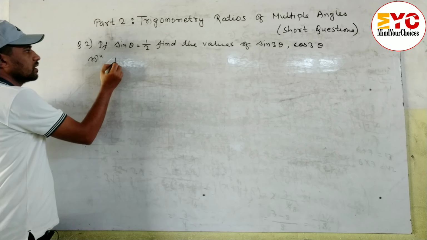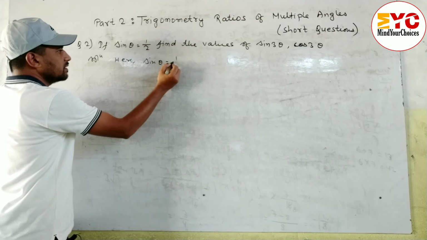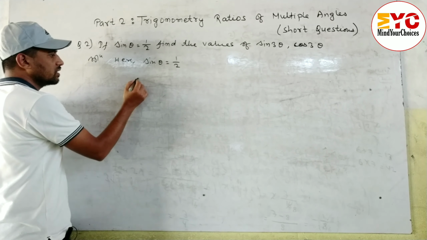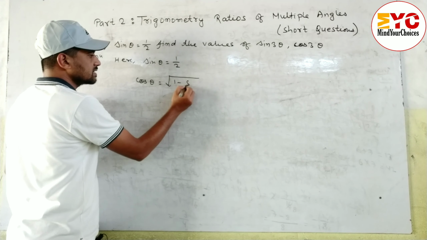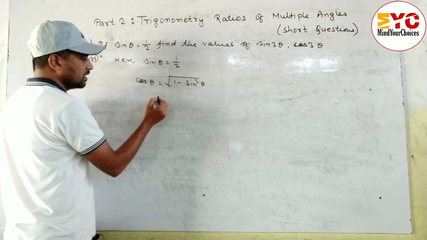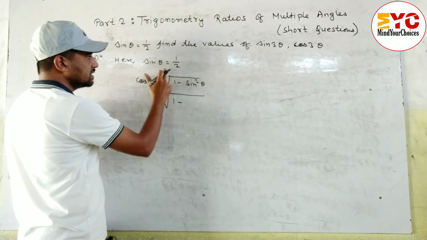Solution. Here sine theta is 1 by 2. Now we have to find out the value of cos theta. Cos theta means root under 1 minus sine square theta. Now put the value of sine square theta here: 1 minus, the value of sine theta is 1 by 2,